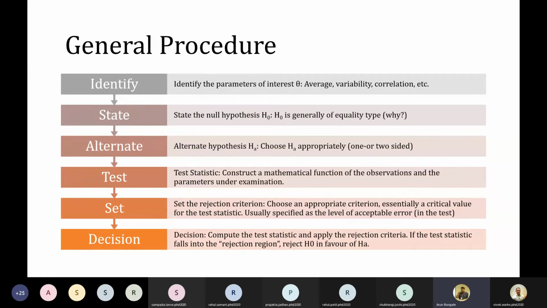First one is to identify the parameter of interest. If you remember the LED bulb and the solid propellant, they had the parameter of interest of average value. So average of this value is equal to 10, not equal to 10, less than 10. Similarly, average of solid propellant is equal to 50, less than and not equal to 50. We worked on the average properties.